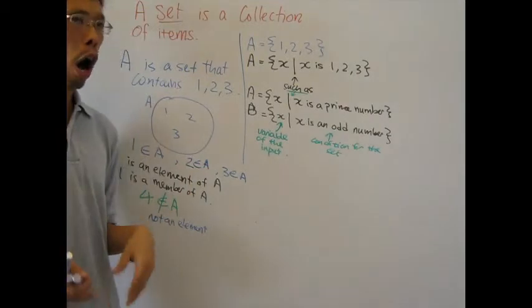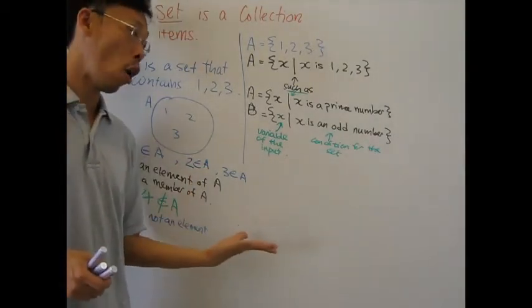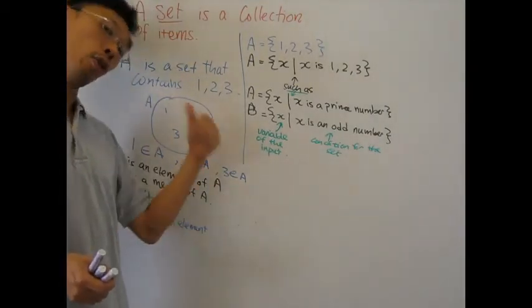So you say, you come along, I want to join B. Then they will ask you, are you an odd number? If you are an odd number, you are